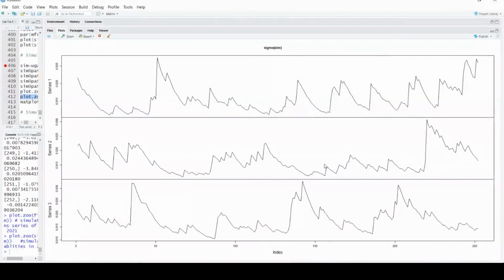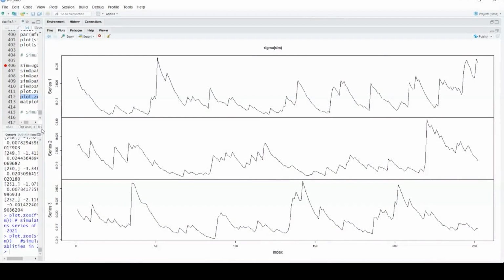So now the big question comes: which one should we adopt and which one should we discard? After looking at the series, what I found is that series number one is much smoother in comparison to the other 2 series. So I would be taking this simulation series and I can discard the other 2. It is very subjective. It depends upon your analysis which series you want to have.